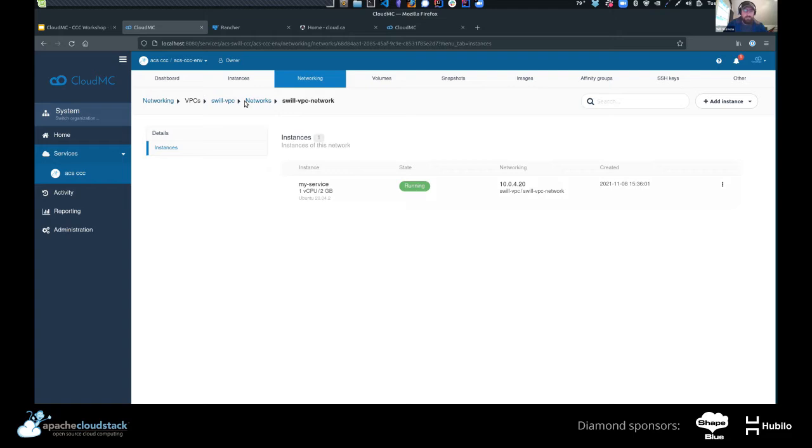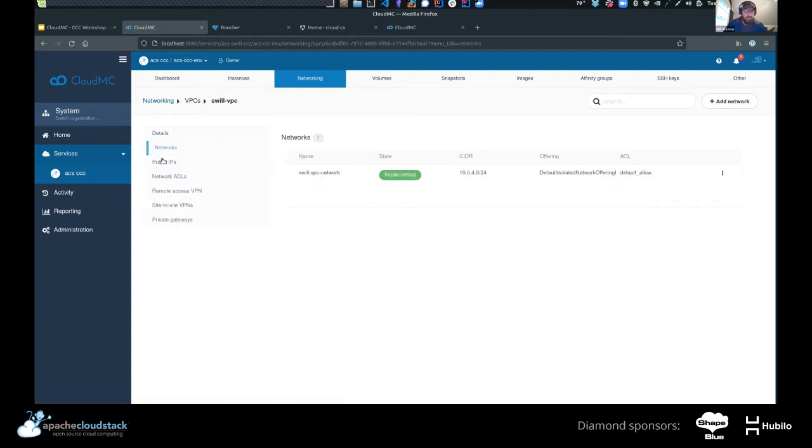If I go back to networks, you can also see that I have the ability to manage the public IPs, network ACLs, the remote access VPN, site-to-site VPN, and private gateways, all the standard things that you would expect to see in a CloudStack environment. So all of those are available and can be orchestrated through CloudMC.